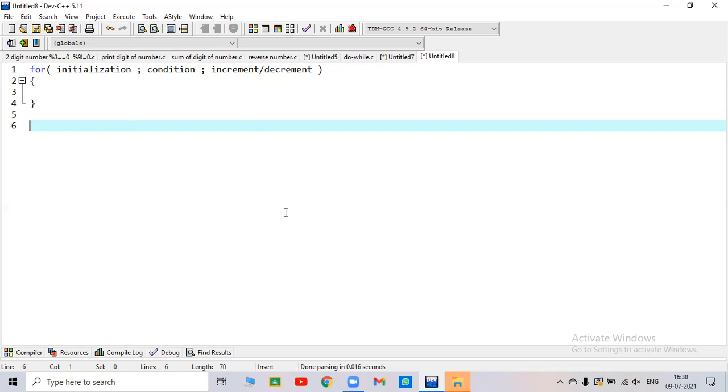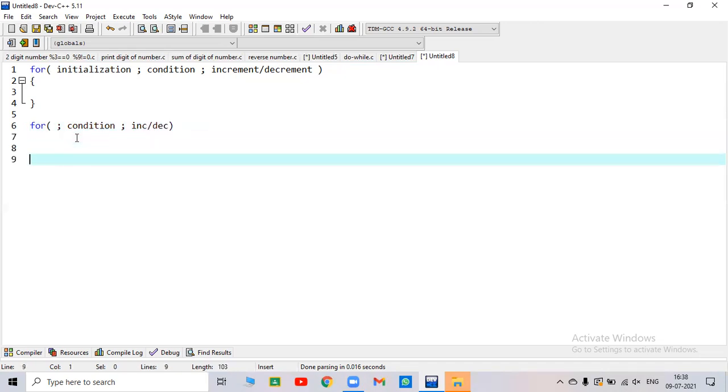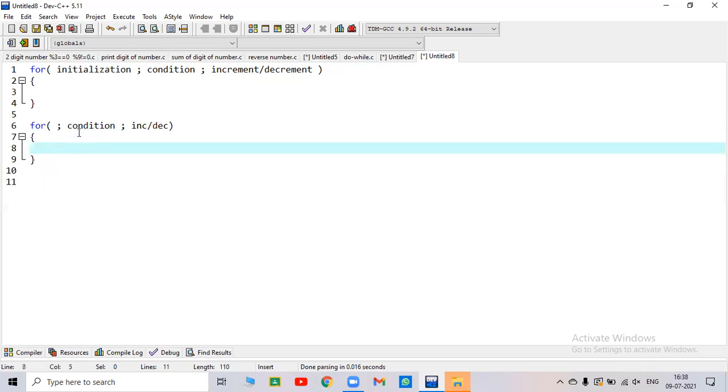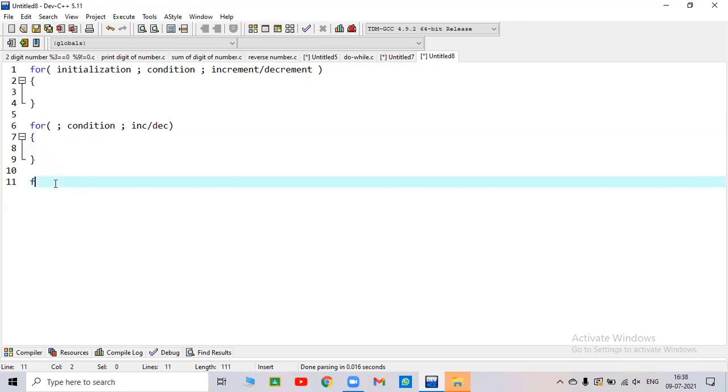So now see, if there is no initialization statement in our program, then we will write like this. Okay, if there is no initialization in our loop, or if there is initialization but no condition, then the flow of the for loop will be like this.